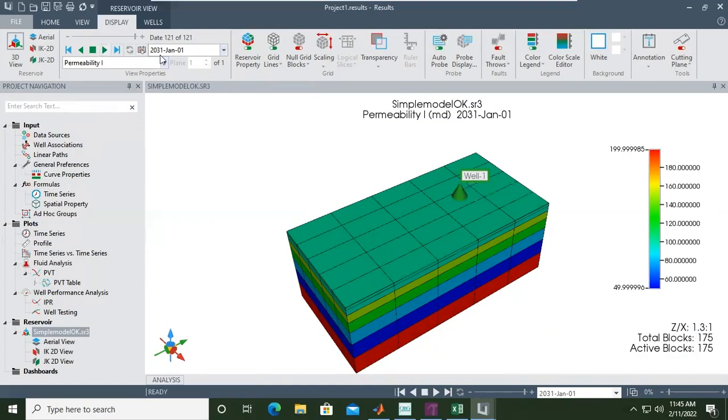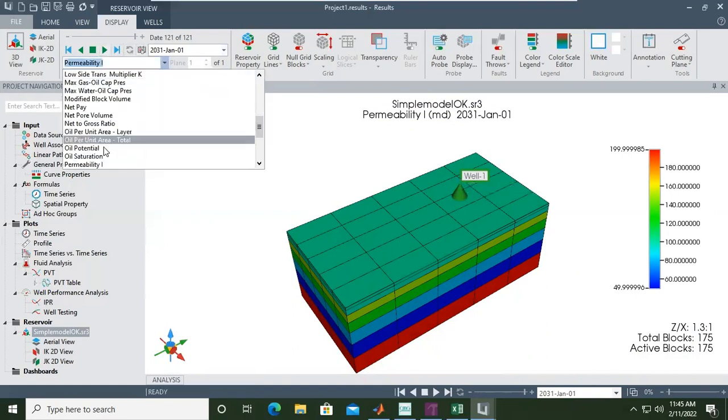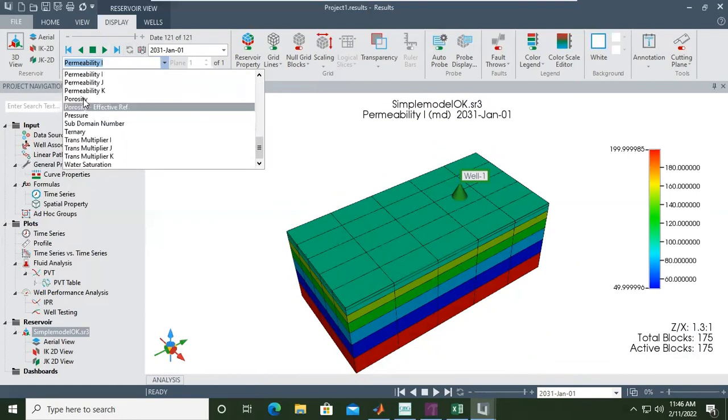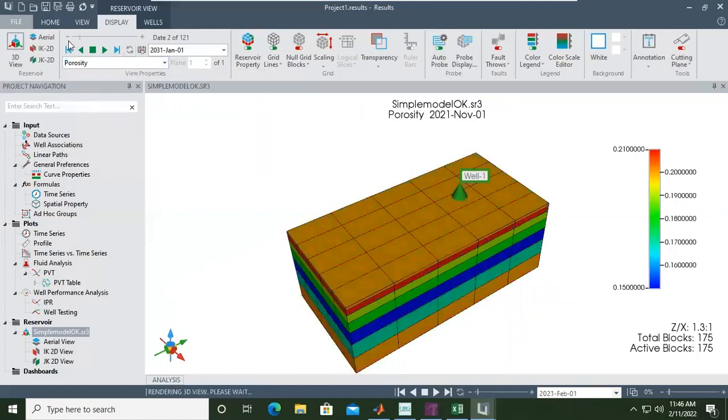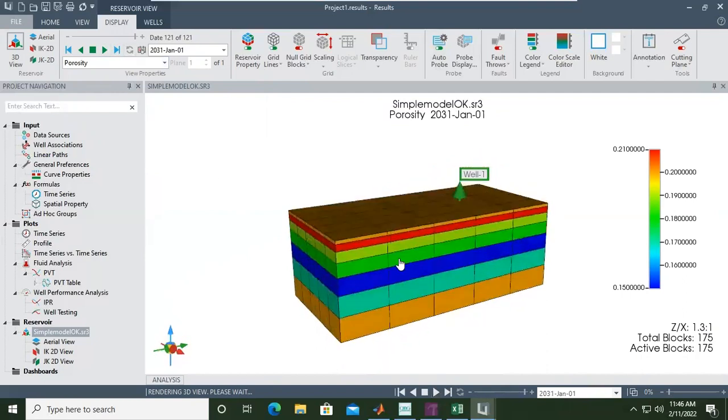So the permeability and also the porosity will not change. But let's check the porosity. Due to compressibility, maybe the porosity will change, but because the compressibility is very small, we can say permeability and porosity do not change.